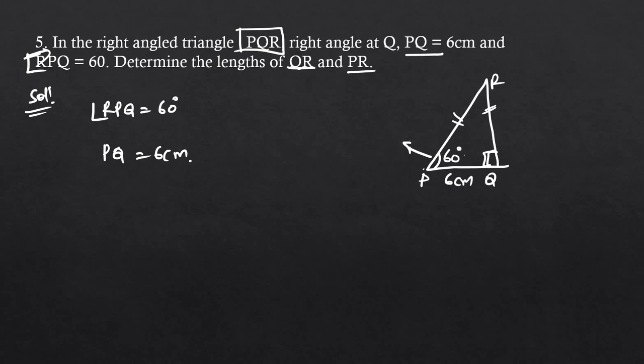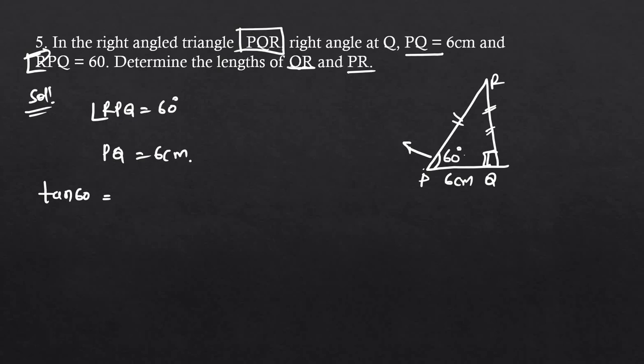So from this, adjacent by hypotenuse, no? So adjacent by hypotenuse means we can take tan 60. Sir, tan 60, why are you taking? Other we can also take, na? Sine we can also take, sine 60 by hypotenuse will also come. So here tan 60 I have taken, so opposite side will come here.